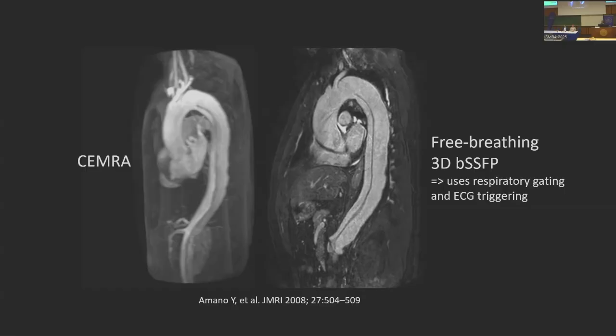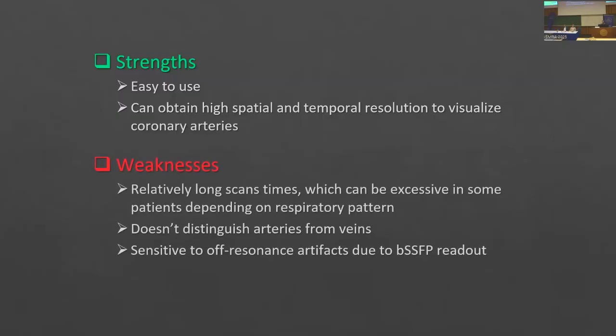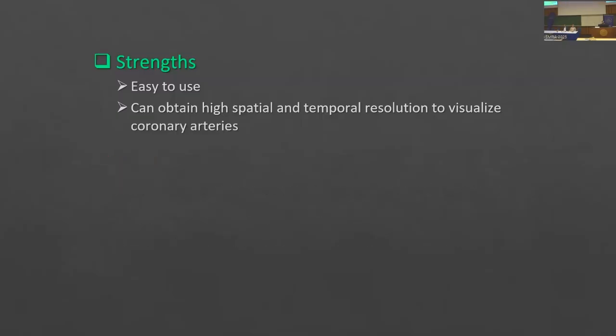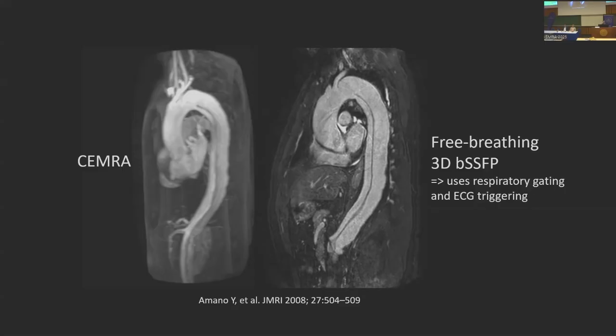And as you can see here, you can get some pretty good image quality with both techniques. In fact, here the spatial resolution is higher with the non-contrast technique than the first pass contrast enhanced MRA, which is not totally surprising because with non-contrast, we have the time to accumulate the signal and spatial resolution, whereas when you do first pass imaging, you're under pretty severe constraints in terms of acquiring all the data